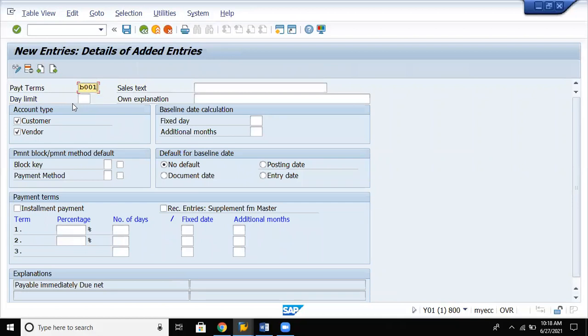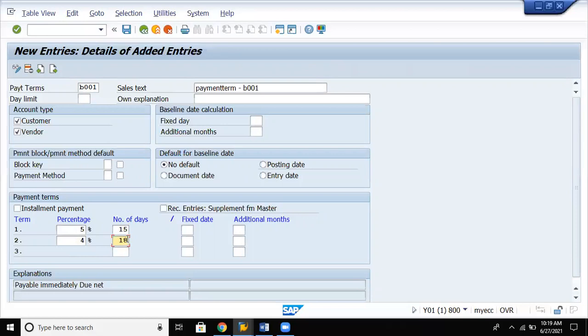So we will create B001, sales tax, payment term, your company code. Now here you specify the percentage, how much the percentage would be, and the number of payment days. So let's say if you are going to pay in 15 days, we can offer you 5%. If you are going to pay in 20 days or 18 days, then it would be 4%.